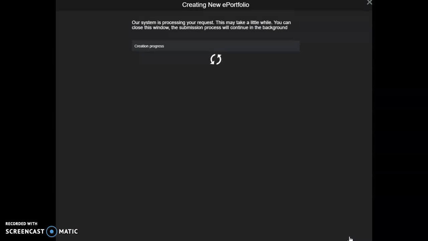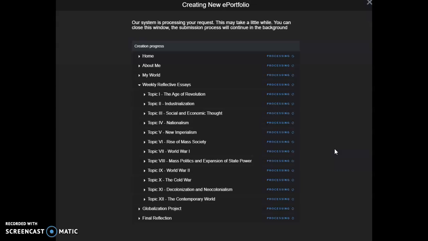We are now in the process of creating the ePortfolio. This might take a little longer because, as you can see, there are quite a few pages. So as each page is created, you'll notice a little done with a check mark pop up on the screen. Sometimes this takes a little longer than expected, so Digication will let you know that they're still processing, and that if you want to, you can go away from the screen temporarily. You will get an email notification letting you know that the ePortfolio has been created. But it usually doesn't take more than a few minutes for this to complete.